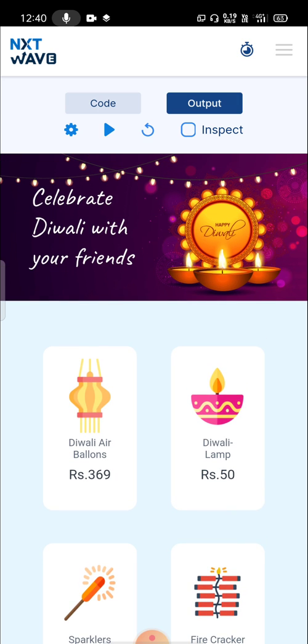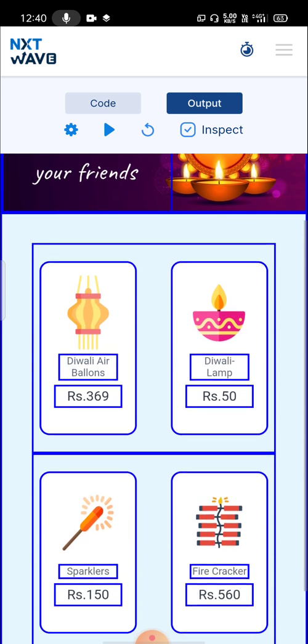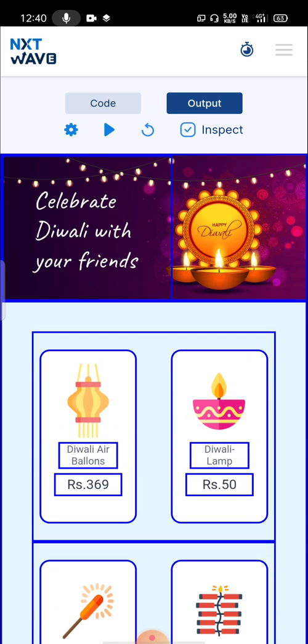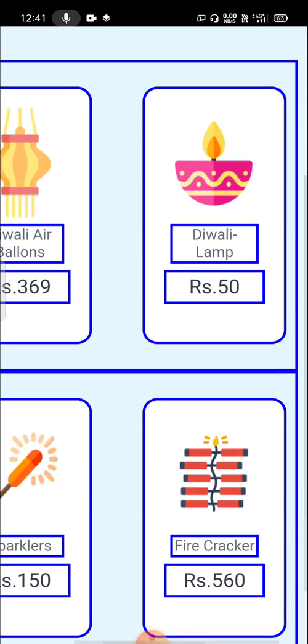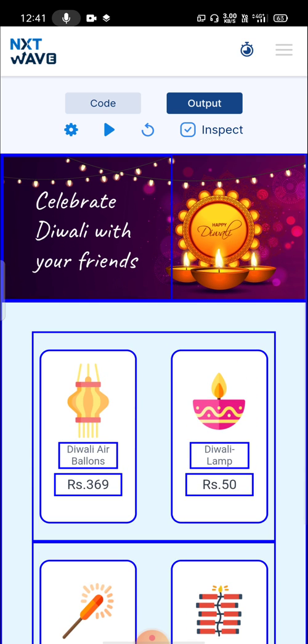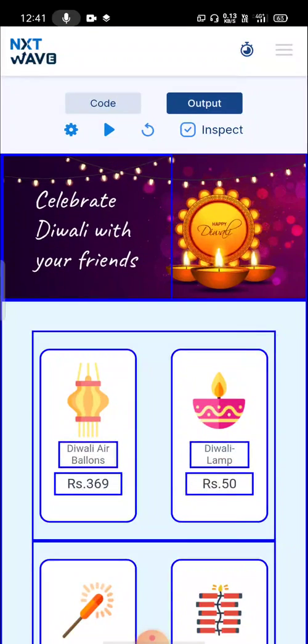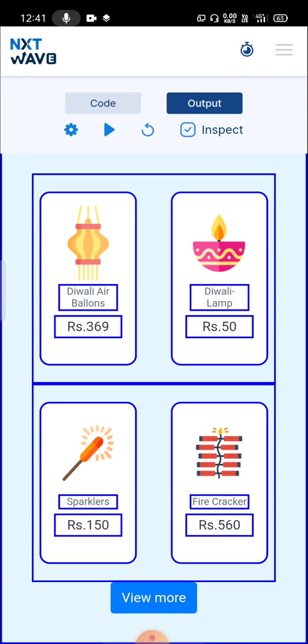Okay, to create any web page, first we need to divide it into small sessions. Okay, look at this. Here I am dividing this into two sessions. One is top session and this is the bottom session. In the top session there are two parts. There is an image part and there is some text. In bottom session there are two cards. In those cards there are two individual cards and there is a button with blue background, view more text.